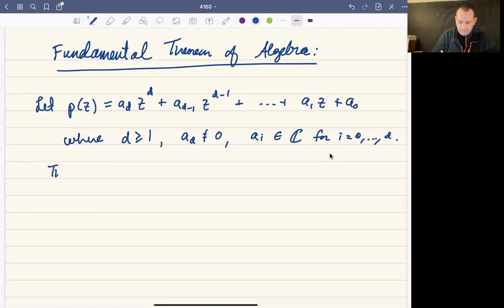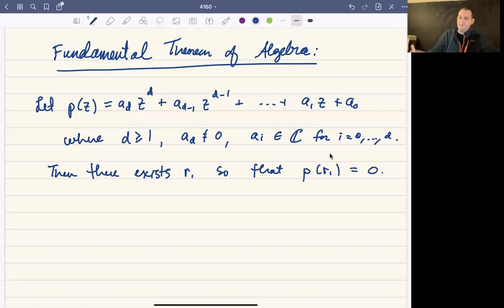Then there exists a value R1 so that P of R1 equals 0. And it turns out that that's all you need, is to show that every polynomial with complex coefficients has at least one root. That's enough to give you the fundamental theorem of algebra, because from there, what you can do is you can show, so from here,